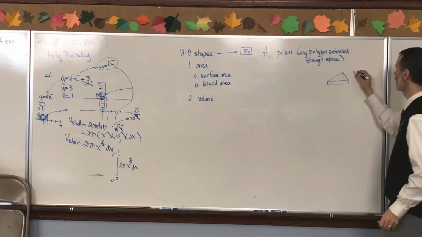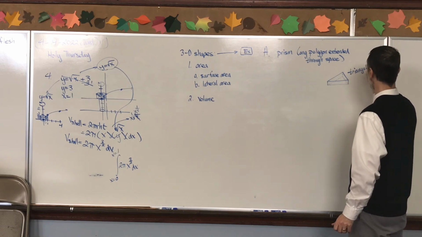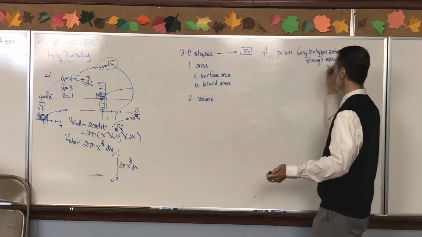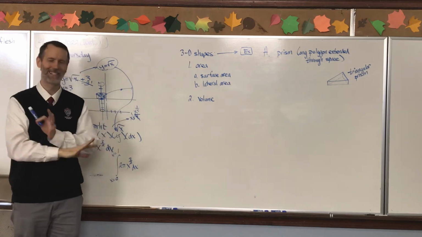This is what we would call a triangular prism. Because it's a triangle extended through space. You can do that with any polygon. You can do it with a hexagon, a decagon,